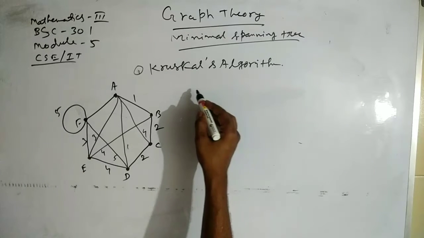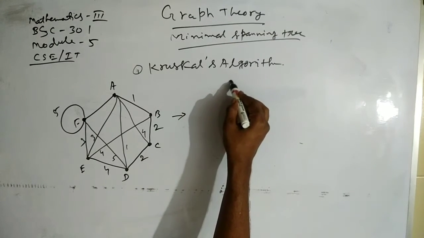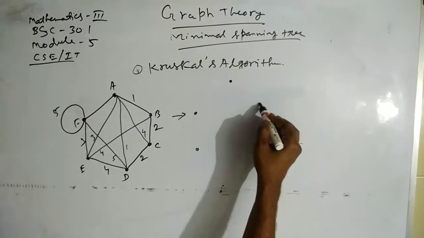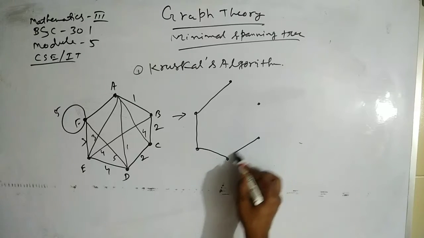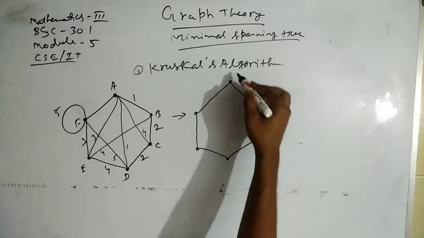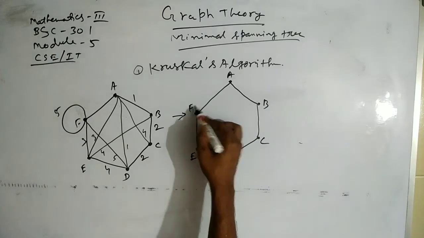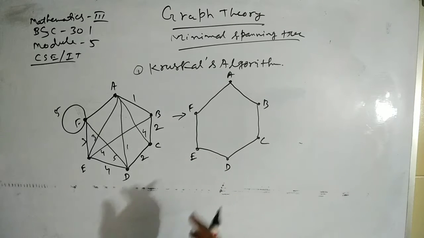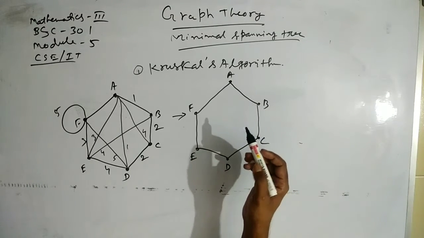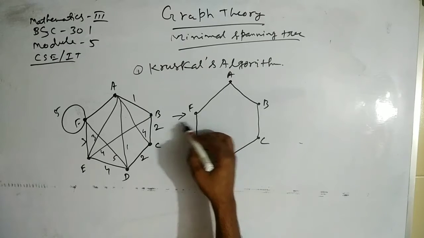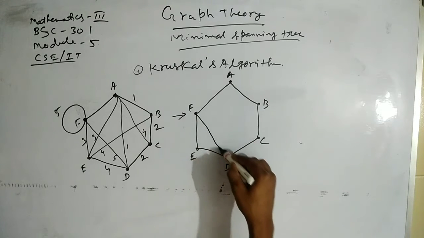So after eliminating the self loop, I am again drawing this graph. Just eliminate the self loops and parallel edges at the first step. This is not a certain point of Kruskal algorithm. This we also do for drawing a spanning tree. So just this self loop will be eliminated and the remaining graph will be the same.